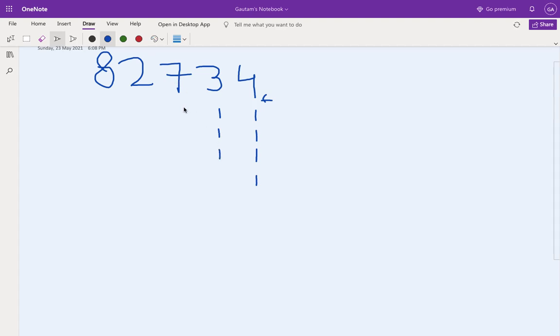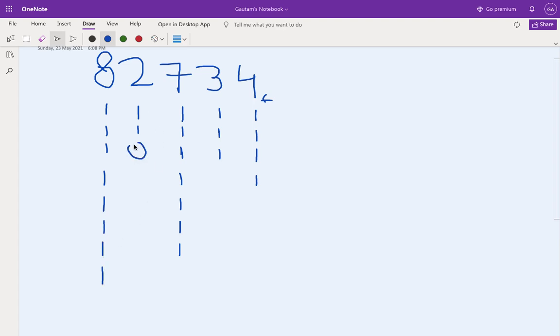To make 7 we need at least 7 ones. To make 2 we need 2, and to make 8 we need 8 ones.